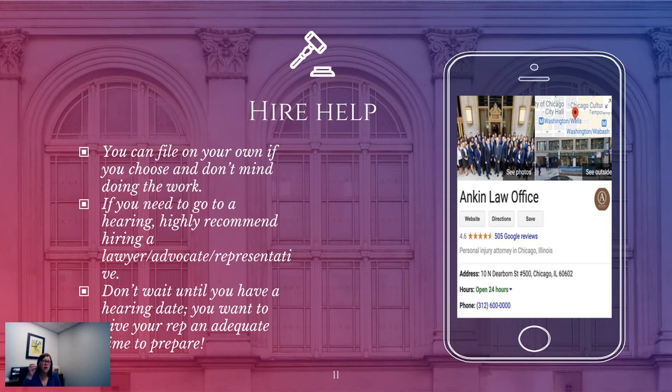And again, that's only if you have to go to a hearing, and that's only if your application gets denied and then your reconsideration appeal gets denied. Then you would have to request that hearing in front of a judge. So I've had people do that application on their own, do that reconsideration appeal on their own, because those typically don't require a face-to-face with a judge. But again, if you're going in front of a judge and this judge has your life really in their hands, your livelihood, you want to make sure that you're with somebody who knows what they're doing